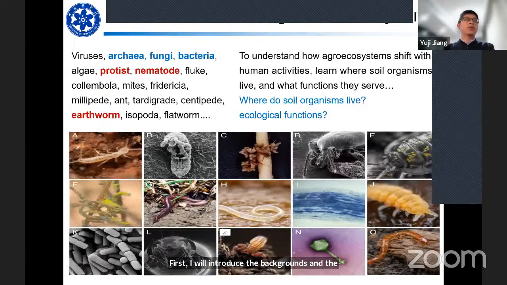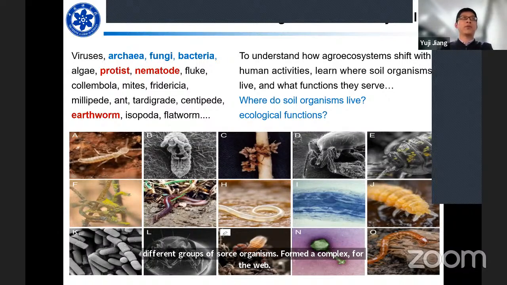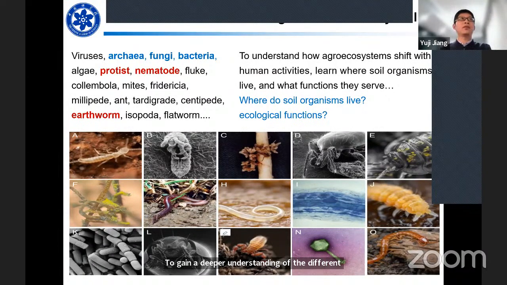Healthy soil is likely home to about 59% of the species on Earth. It can store a great number of organisms, including bacteria, fungi, protists, nematodes, earthworms, and other animals. These different groups of soil organisms form a complex food web. To gain a deeper understanding of the different ecosystems, we need to know how these organisms are distributed in healthy soils and what important roles they play in ecosystem